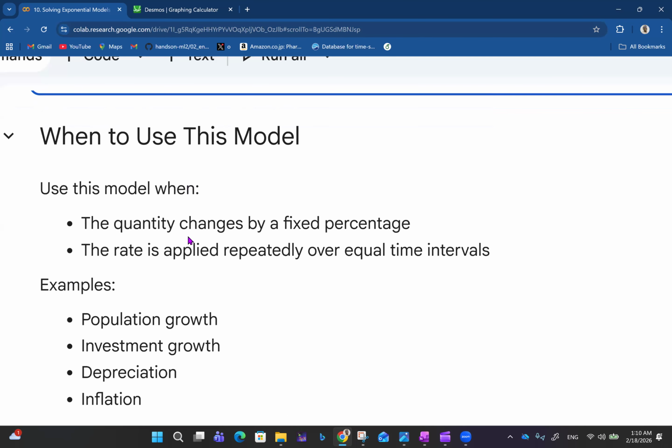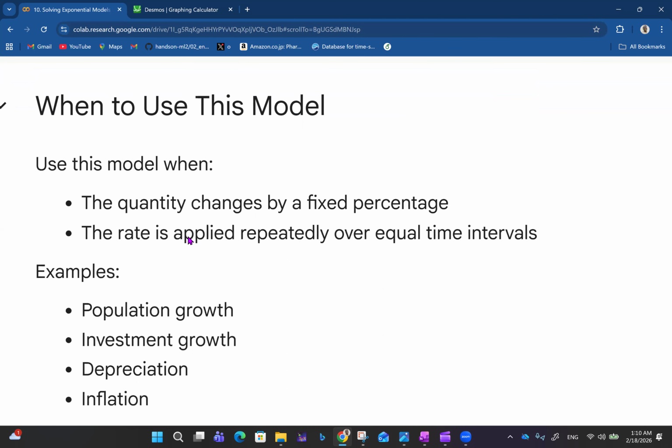Now the question is, when do you use this model? You use this model when the quantity changes by a fixed percentage. If at the end of every month your money increases by 2%, or a population increases by a fixed percentage, or it is decreasing by a fixed percentage, you can apply that. So the rate is applied repeatedly over equal time intervals. Whether it's every hour, weekly, daily, monthly, quarterly, every decade, anyhow, as far as you have a time interval like that,